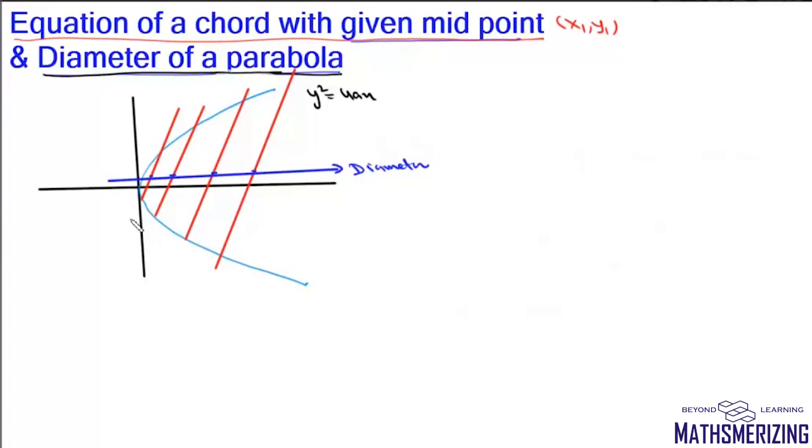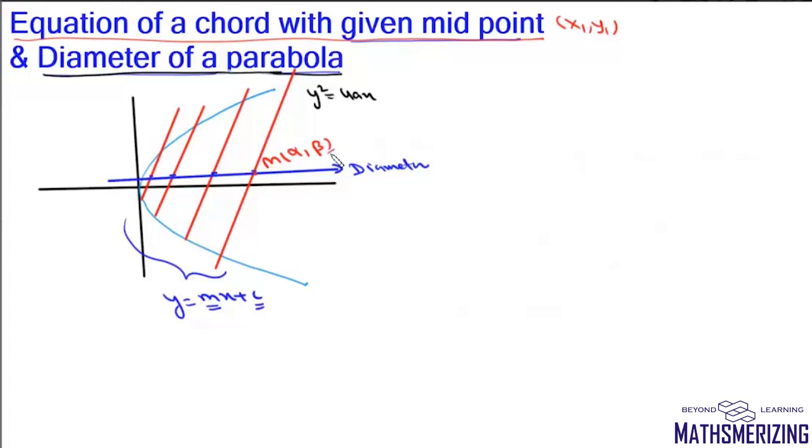So suppose we have a system of parallel chords which is given by y equals mx plus c. Here m is fixed, that is, all these lines have the same slope, and c is variable. And we have to find the locus of the midpoint of these chords. Since it is a locus problem, the first step is to identify this point. Suppose this point is M and it is given by (alpha, beta).